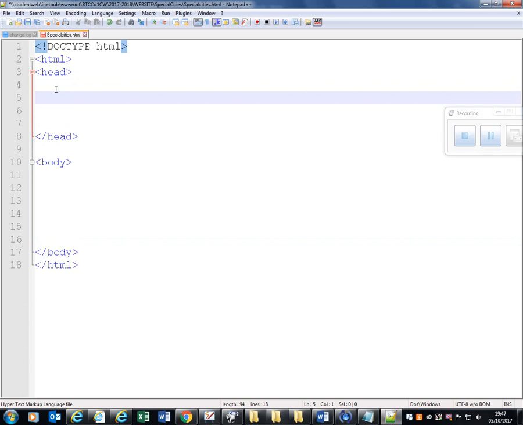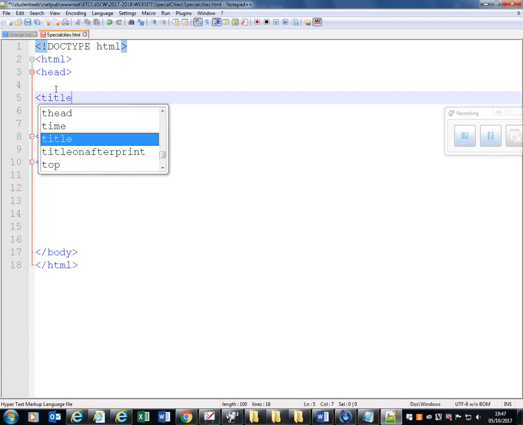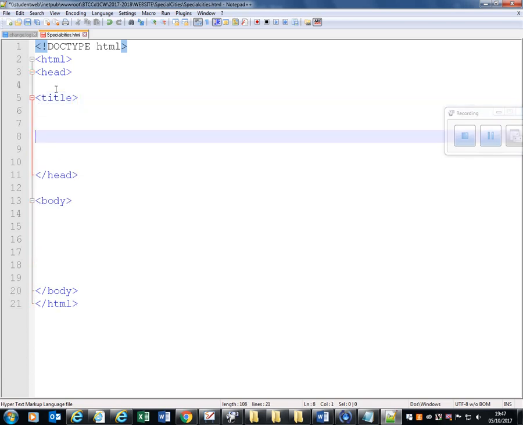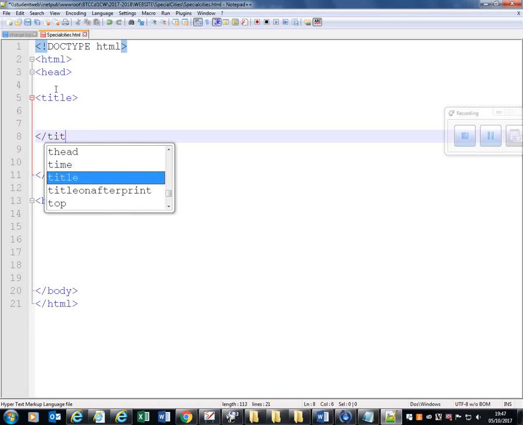The head is a part of the web page that is seen by the search engines and web browsing softwares mainly. Also, the title is seen as a caption at the top, but the rest of it is for web browsing softwares and search engines and accessibility softwares like screen readers,